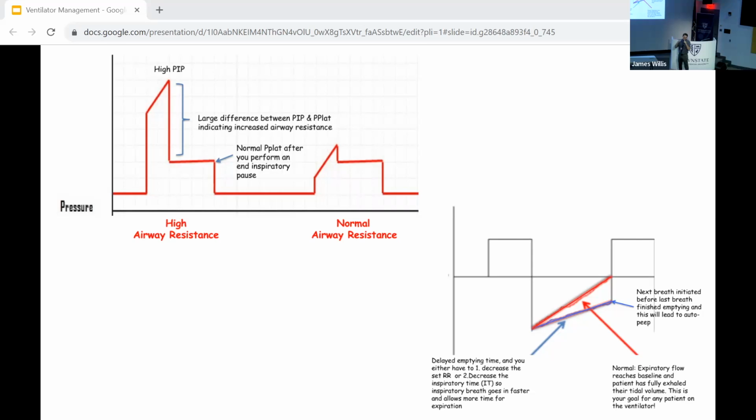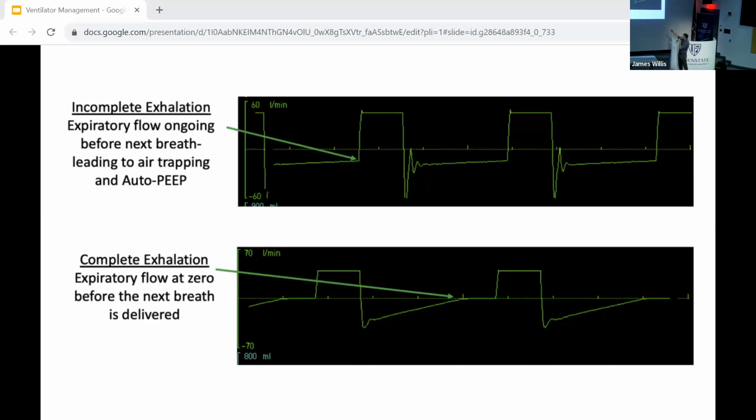If there isn't a return to baseline, that means that volume from that prior breath is still in the lungs. And so the next breath is just going to add to that. So you're going to get something called breath stacking. So on a ventilator, what does it look like when you have a really bad COPD or asthma patient? By the way,